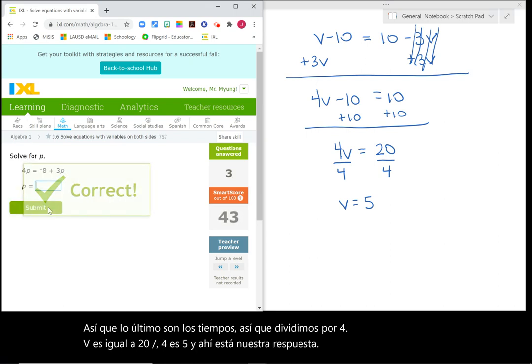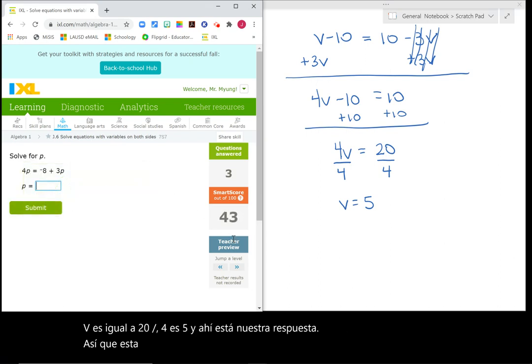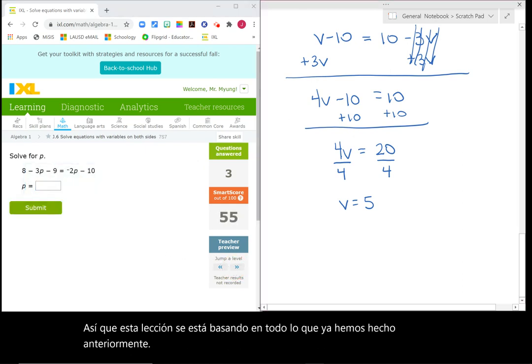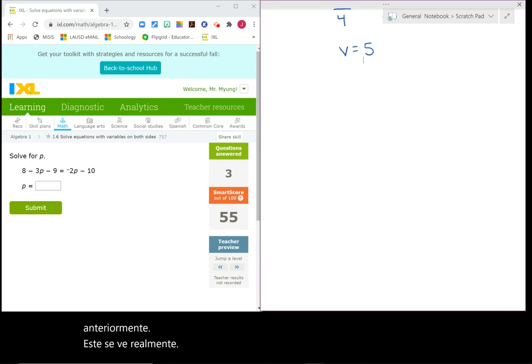So this lesson is just building upon everything we've previously done already. This one looks really messy, but let's fix it up. So we have the following,